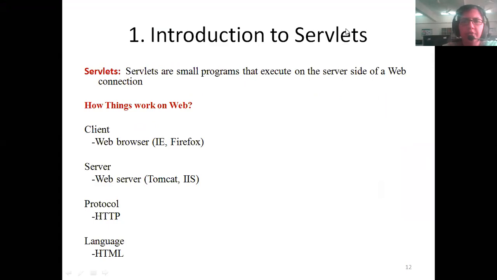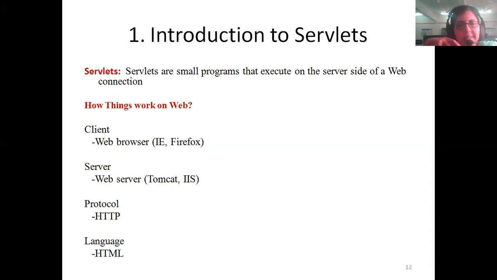Now let's start off with a quick introduction to the servlets. As I said, servlets are small programs that execute on the server side of a web connection. When you have a client and a server, the client is something running on the local system by the customer or the user.